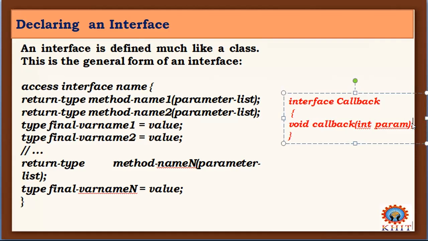So the interface starts with the keyword interface and then the name of the interface. Here I am giving the name of the interface as callback, and then bracket open like classes and then bracket close, and in that I am writing a method called callback. This is a method. E method ki body ledu, only I am passing some parameters and ending with a semicolon. So we don't have any body for this. So this is an example for the interface.